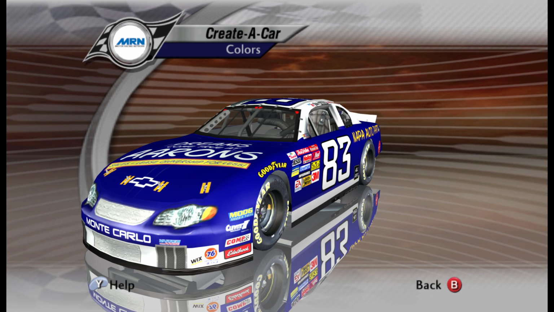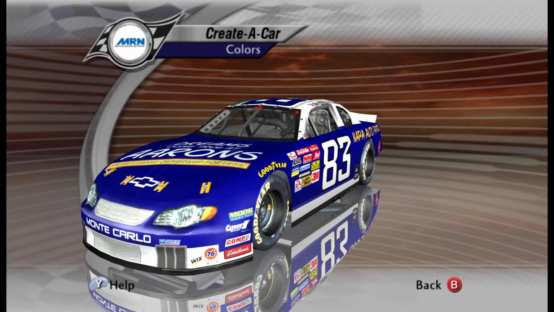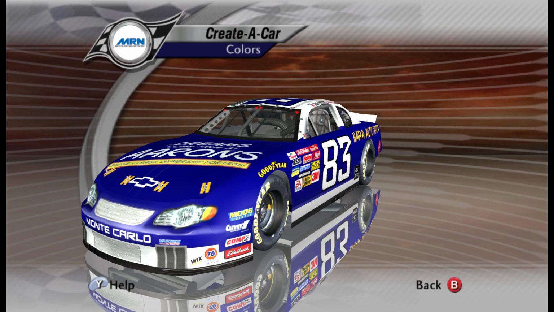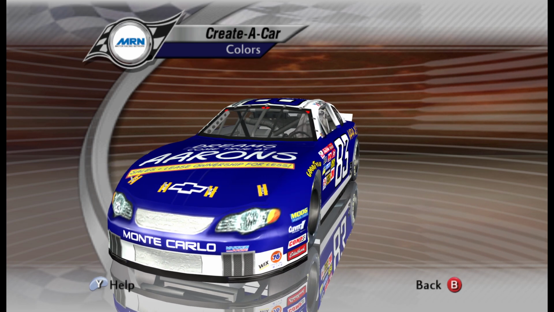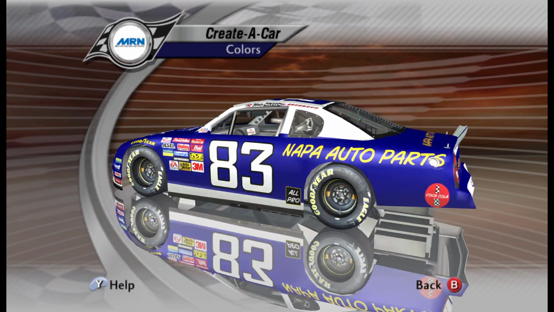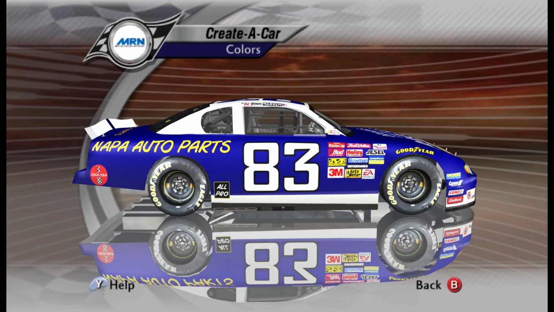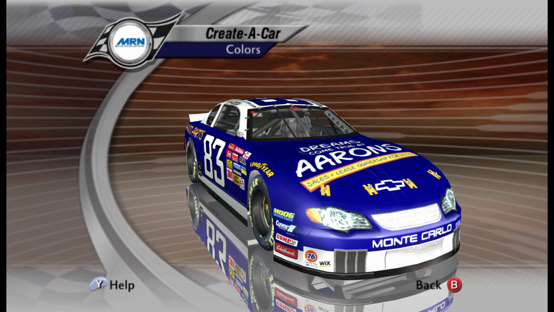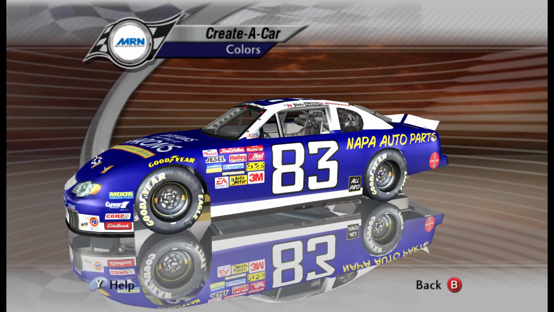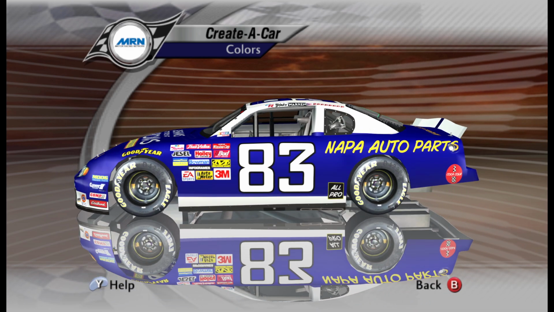I will say that this game is a little bit troublesome in terms of how things line up, and it's kind of hard to figure that out because there is no wireframe on these templates. Like I said, there is no true car viewer setup or anything like that, so it is a little frustrating and a little challenging. But that being said, it's not too hard to do. You could potentially build a